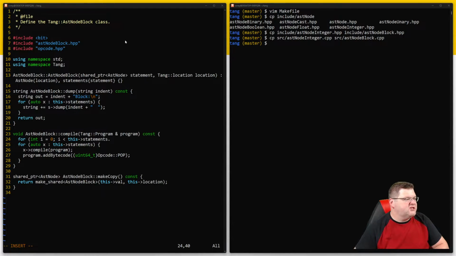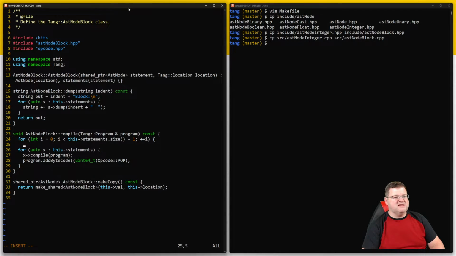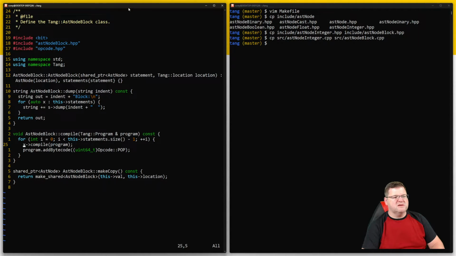And it is indeed just size. Okay, while it's less than that, and I'm going to do size minus 1 plus i. The reason is I'm going to add that for each one, and then